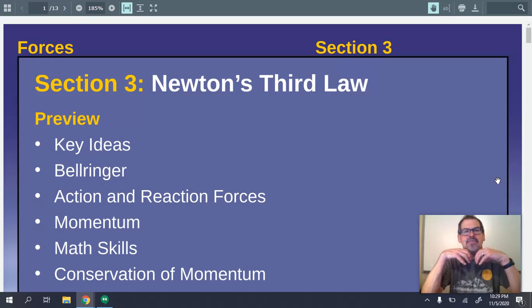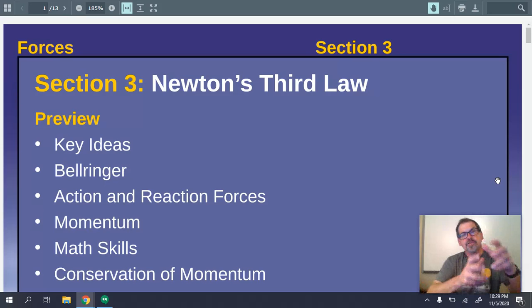So if objects in motion tend to remain in motion, why don't they remain in motion permanently? Why, if I throw a ball, does it not just travel forever and ever? Well, because we have forces that are acting against that acceleration. We have the force of friction, fluid friction of the ball through the air, and then, of course, the force of gravity. Newton's second law of motion is force is mass times acceleration.